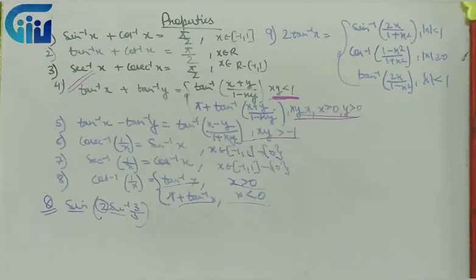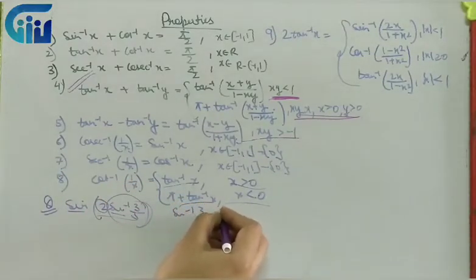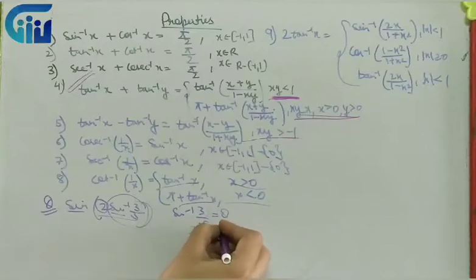So what I will do is, I will change this sin inverse to tan, and then we will apply the formula of 2 tan inverse from there, and then we will change that particular tan inverse to sin inverse and cancel our sin from here, right? So what I will do, I will write sin inverse 3 by 5 as theta. So 3 by 5 is sin theta.